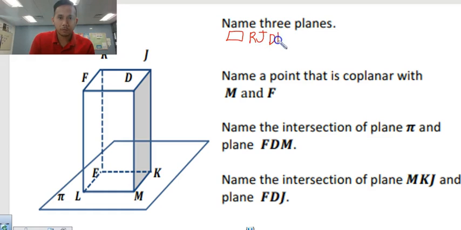RJDF. So RJDF, it's this plane. It's a flat surface. This plane here, that's one. Second will be